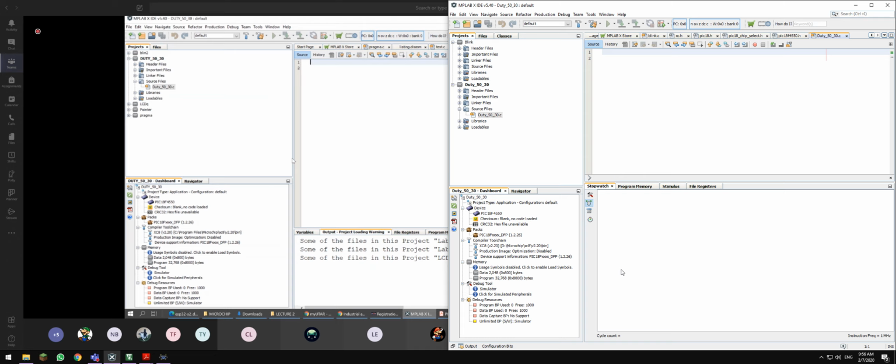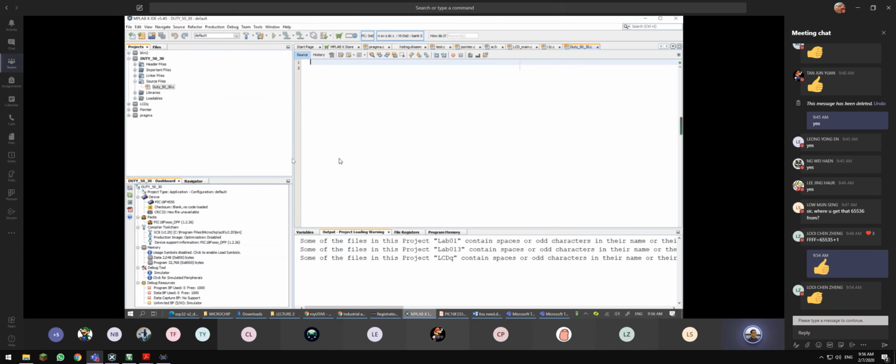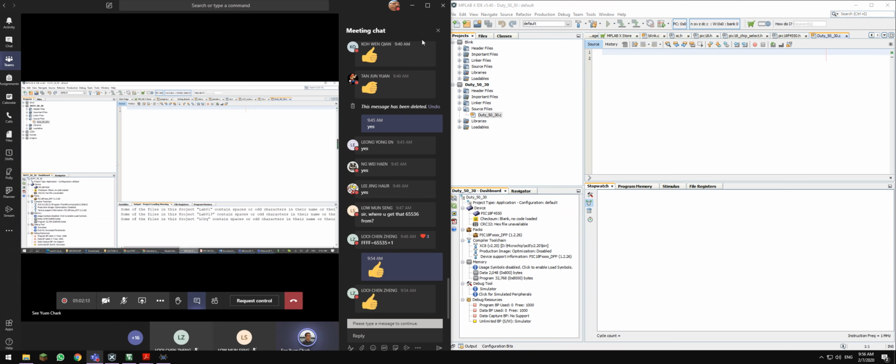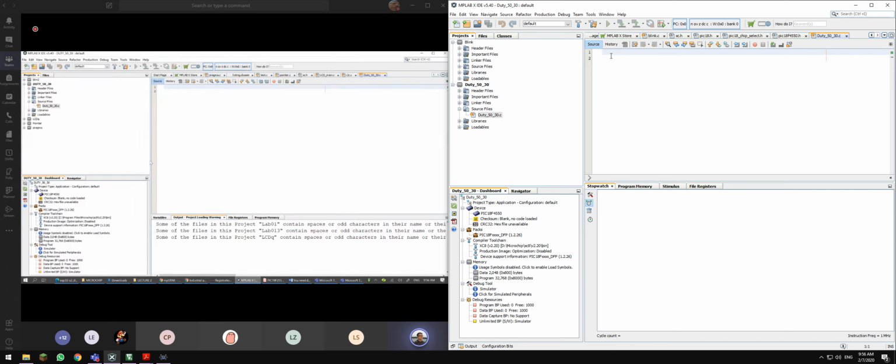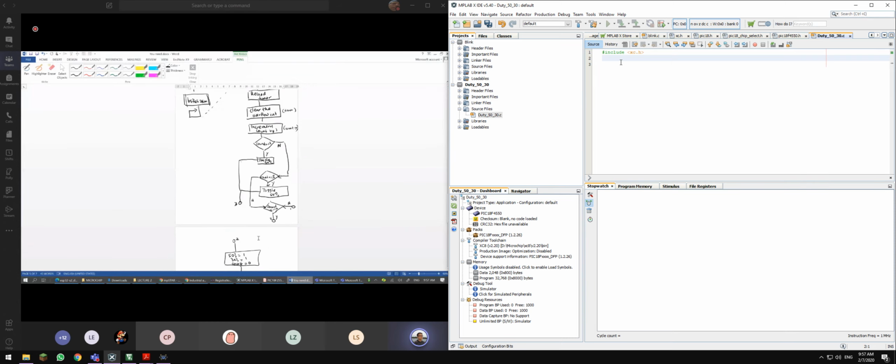So is everyone okay? So now it's time to write your program. Okay, step 1. When you write, because now you're using the PIC 18 microcontroller, you need a header file. As usual, our header file will be